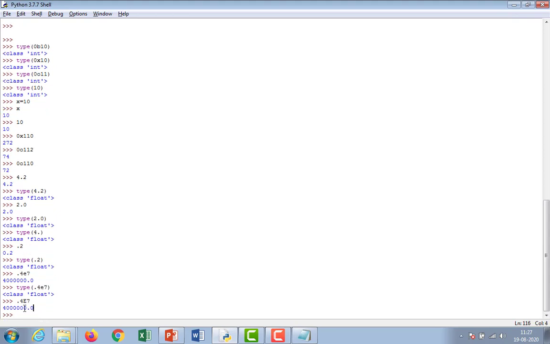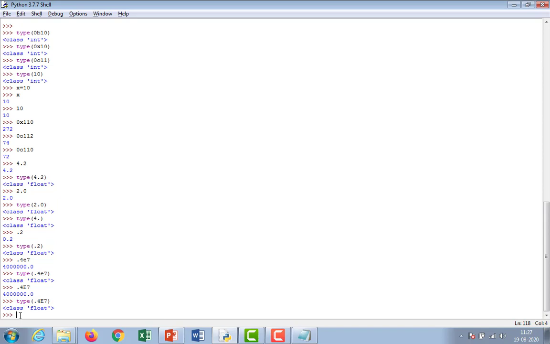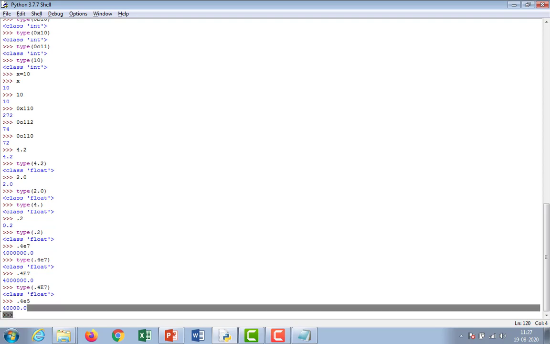The output is the same. If you want to check type of 0.4E7, or 0.4E5, this is the output.